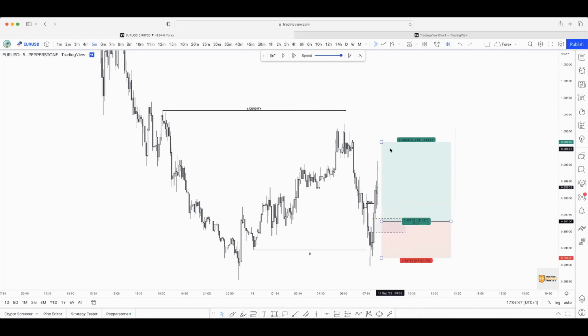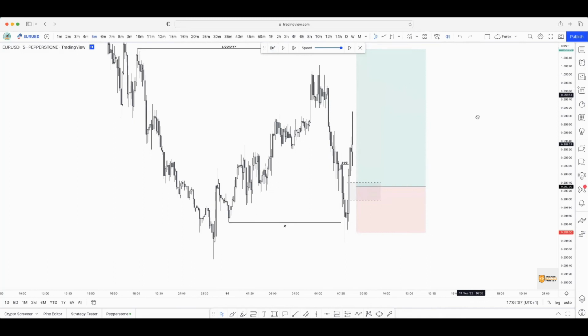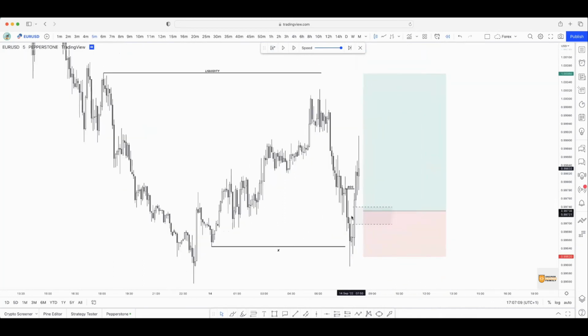So an 11 pip stop loss, and then my first target is going to be 3 times what I'm risking, right? So I was aiming for 33 pips. So I was risking 11 pips to make 33 pips on the first target. And as you can see, the first target is actually close to the equal highs. So, and then again in this area,